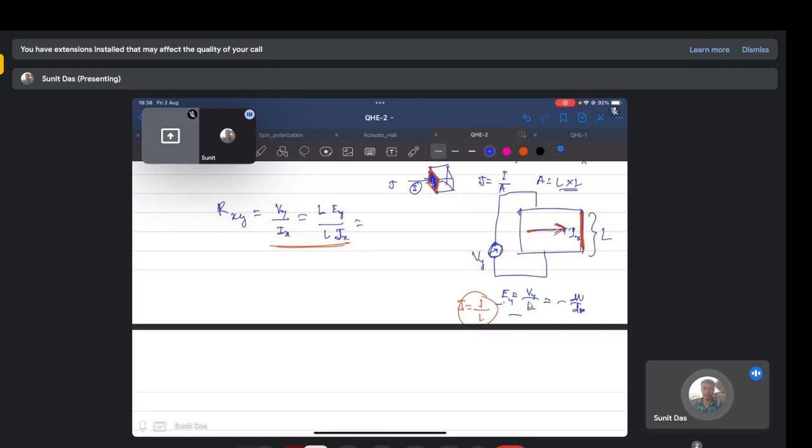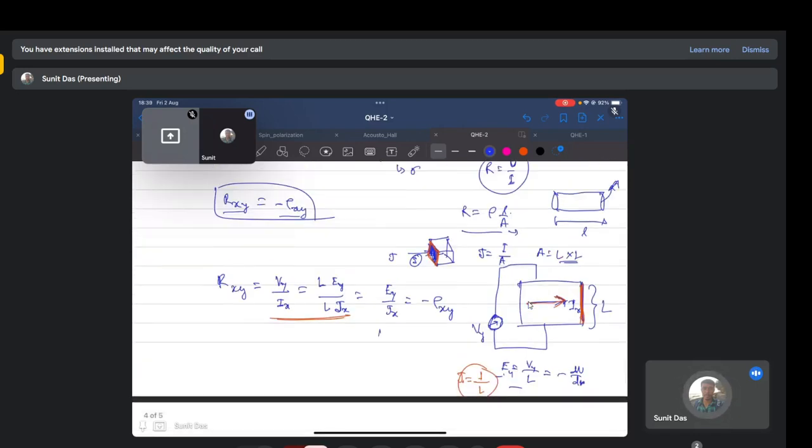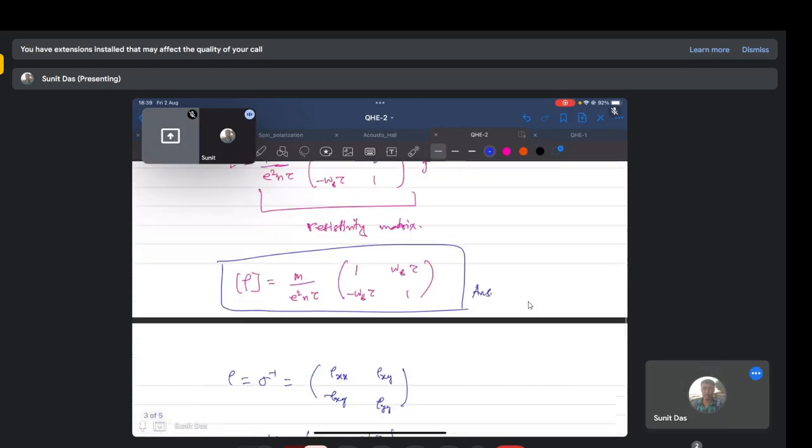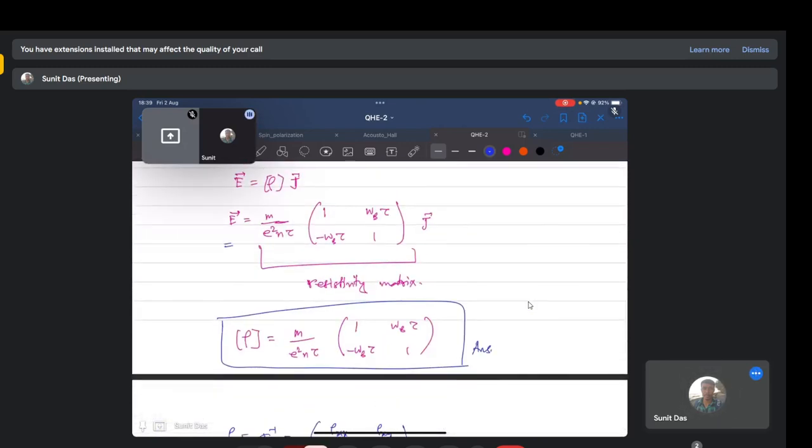So then this means Ey by Jx, and Ey by Jx is related by minus rho xy. Okay. And how do we know this? Again, from this expression, what is that? This expression. Okay. So remember, this was kind of xy